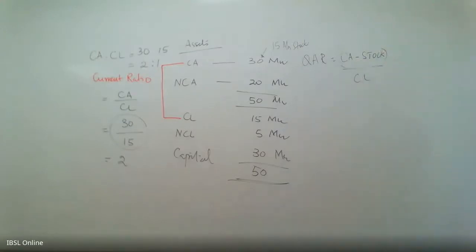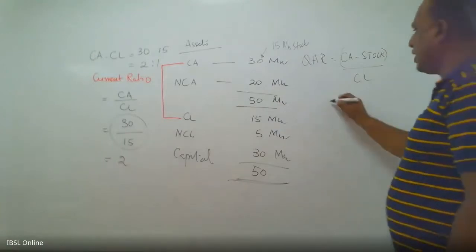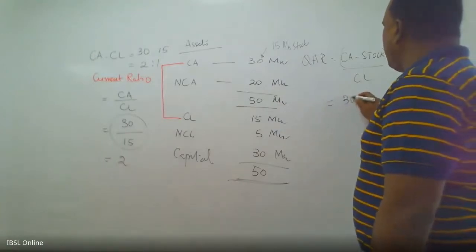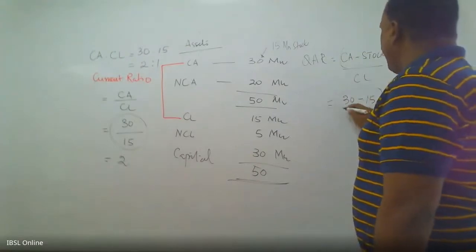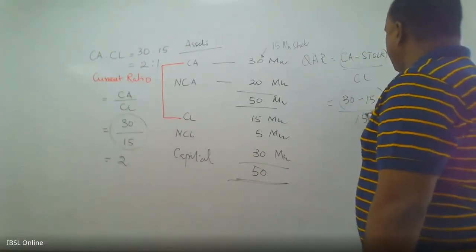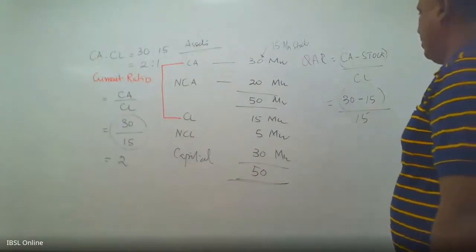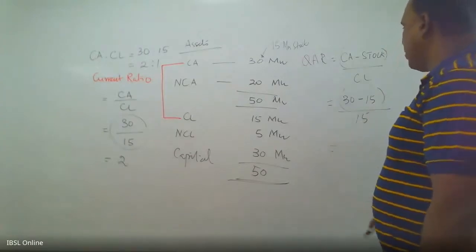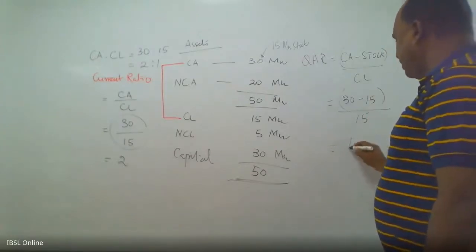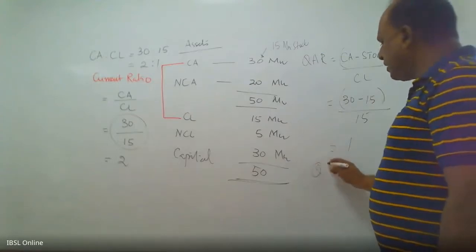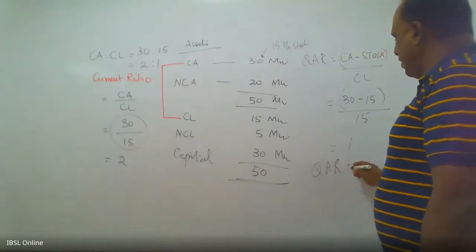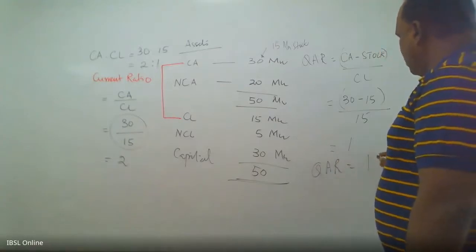Current assets are 30 million, within that you have a stock of 15 million, and then current liabilities are 15 million. So that gives you an answer of 15 divided by 15, which is 1. In other words, the quick asset ratio is equivalent to 1 is to